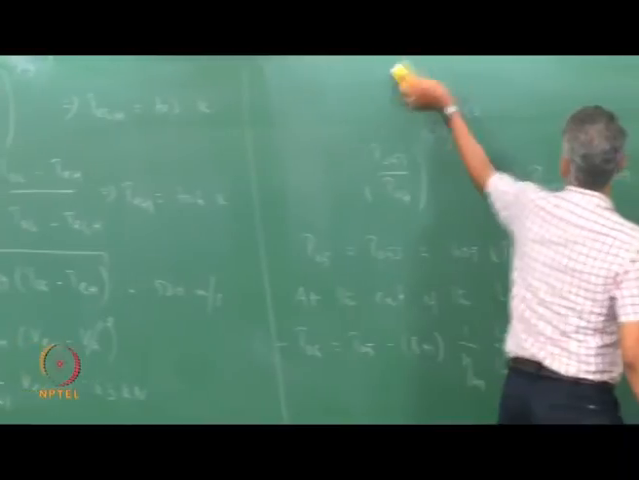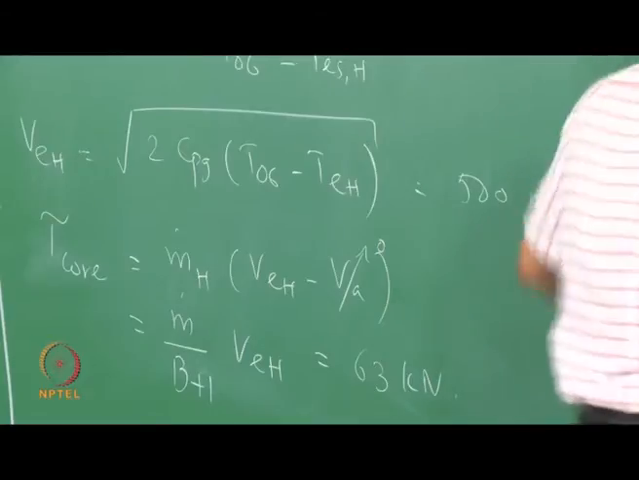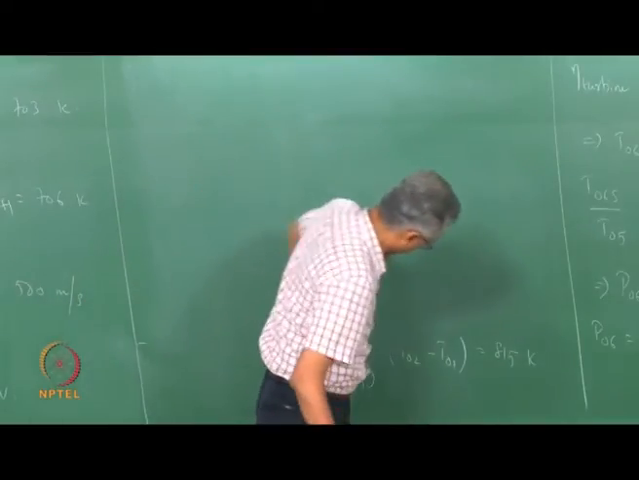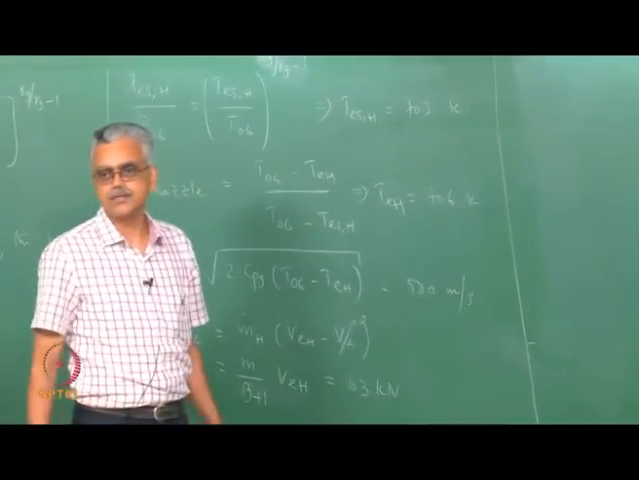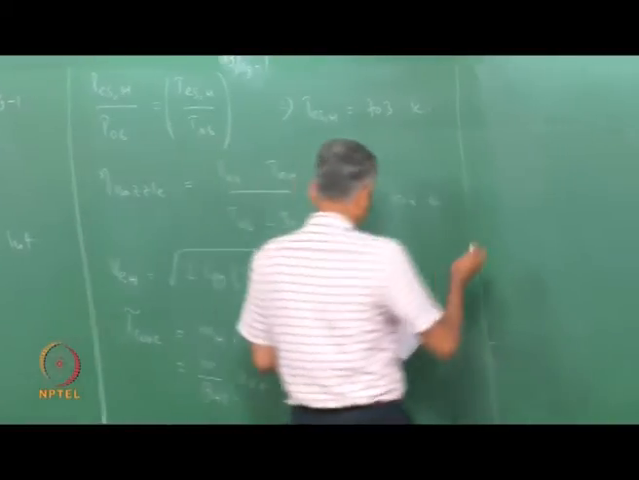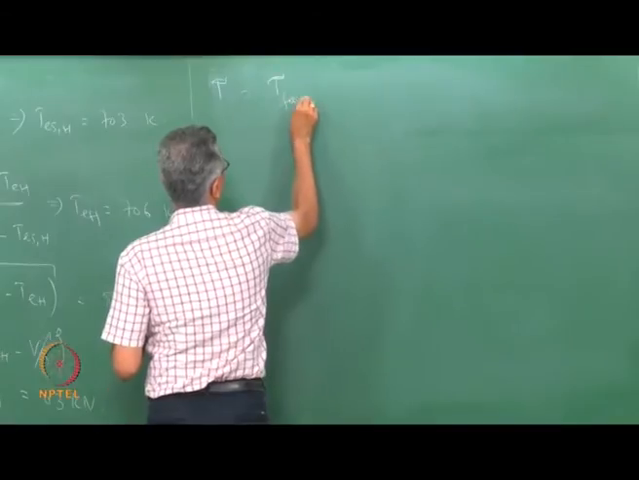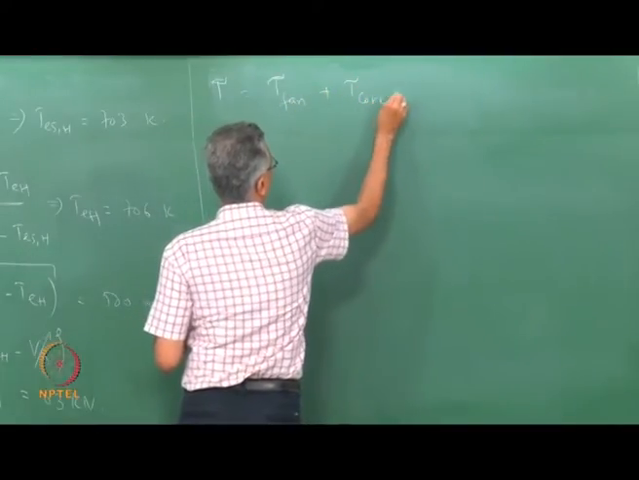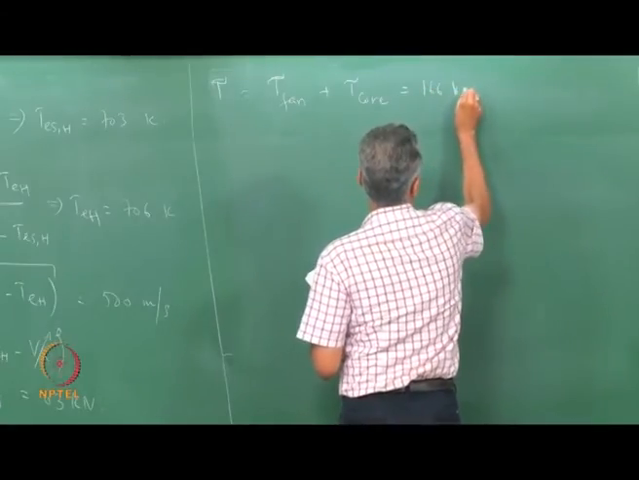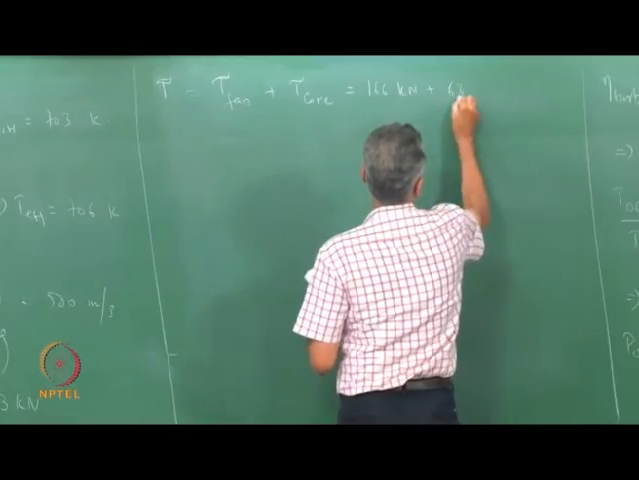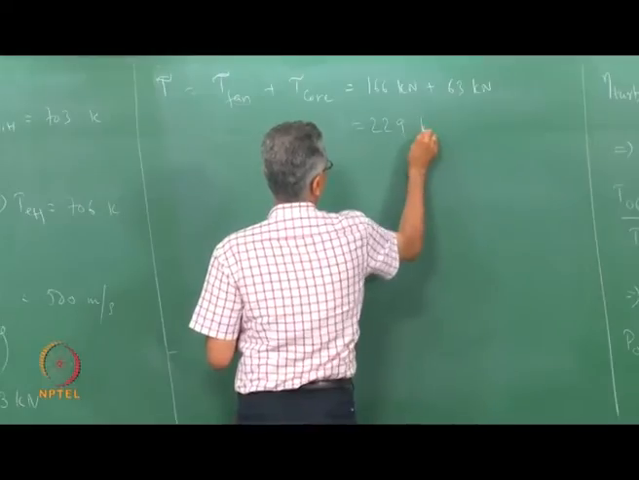So the net thrust produced by the engine, which is the sum of the thrust produced by the fan and the core engine, comes out to be like this. So total thrust T is equal to thrust produced by the fan plus thrust produced by the core engine, and this comes out to be 166 kilonewton plus 63 kilonewton, which is equal to 229 kilonewtons,